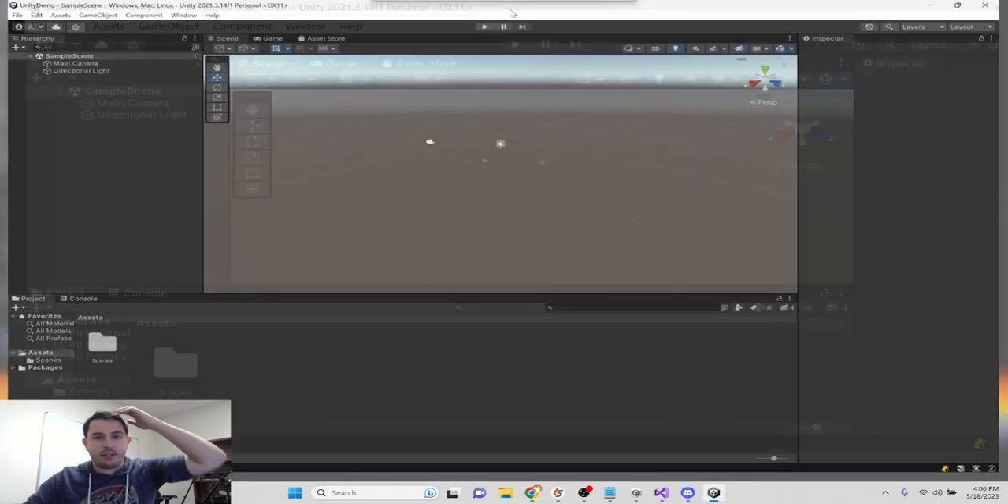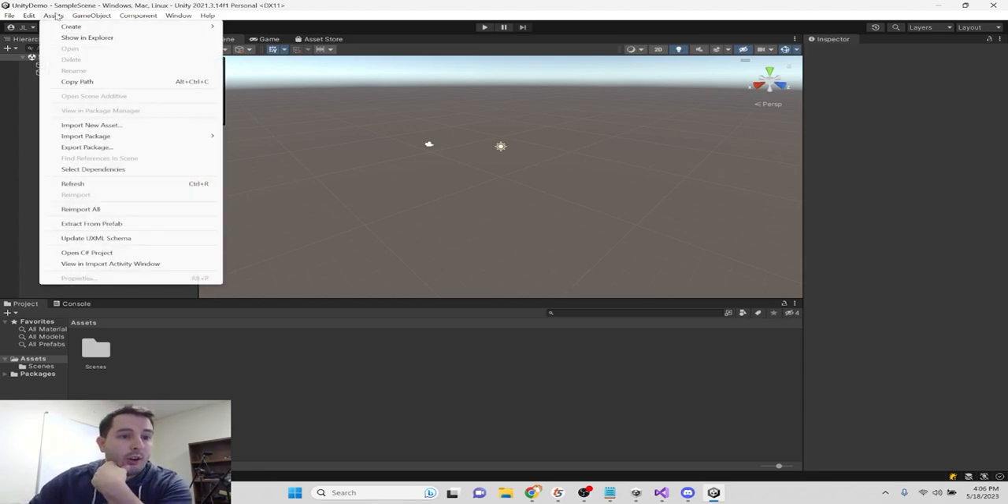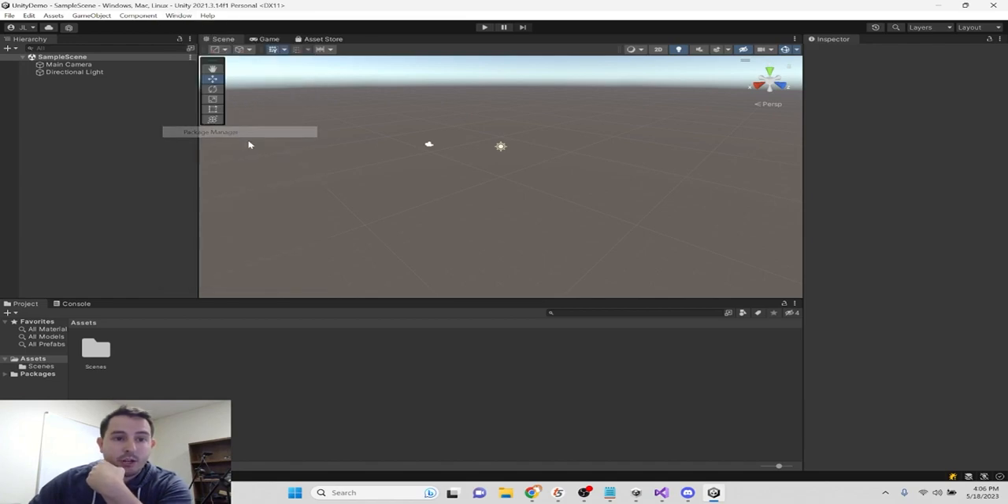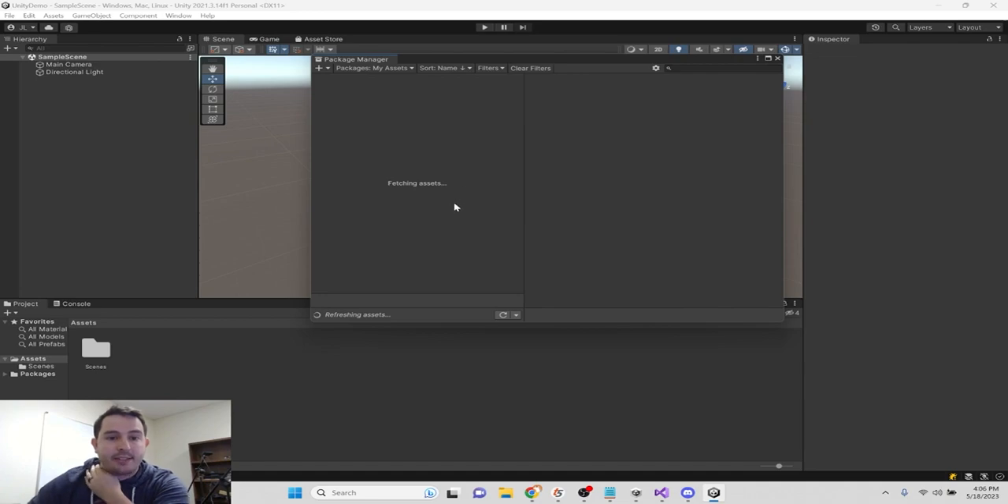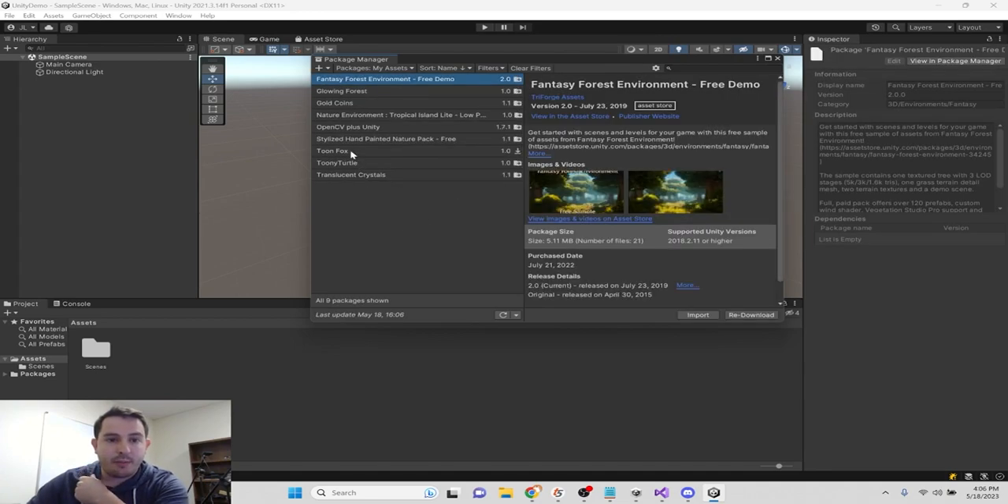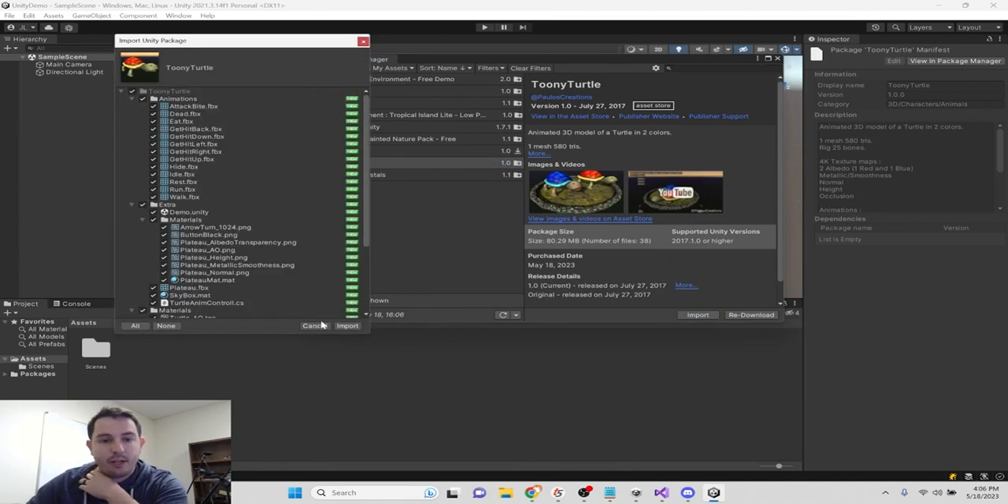Looks like we've got Unity up here. First things first, we're going to need to get our new assets into this project. So we're going to go over to the package manager. Because I added these to my assets a while ago, I should be able to download both this cute toony turtle. I'll go ahead and import it into my project,